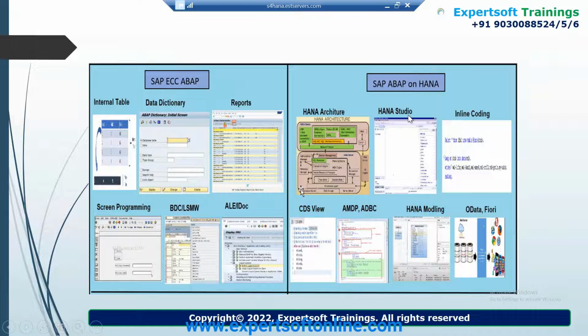When we work on ABAP on HANA, there are different tools like HANA Studio and inline coding. Inline coding has come before also, but mostly in ABAP on HANA systems we use inline coding only. Then CDS views, AMDP. We will be covering all these topics in detail: inline coding, CDS views, AMDP. Modeling we will cover if we get the right setup. OData will be covered in detail.